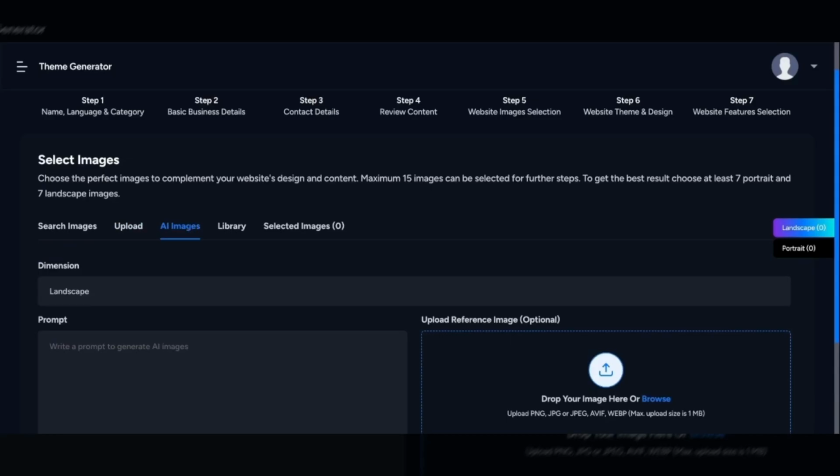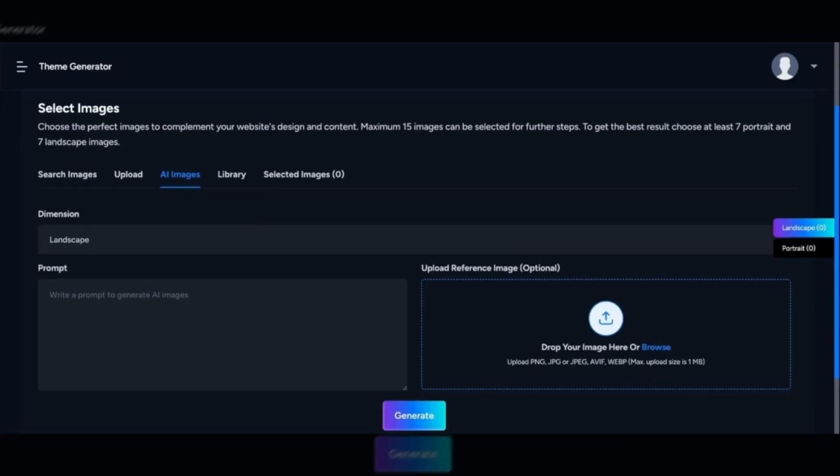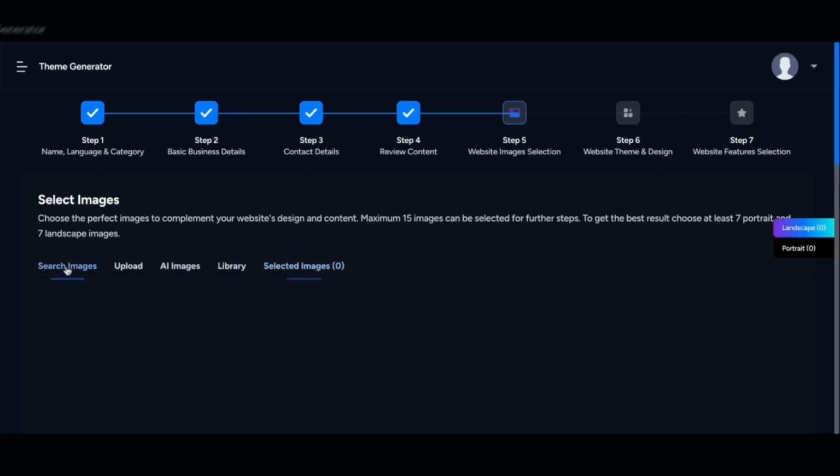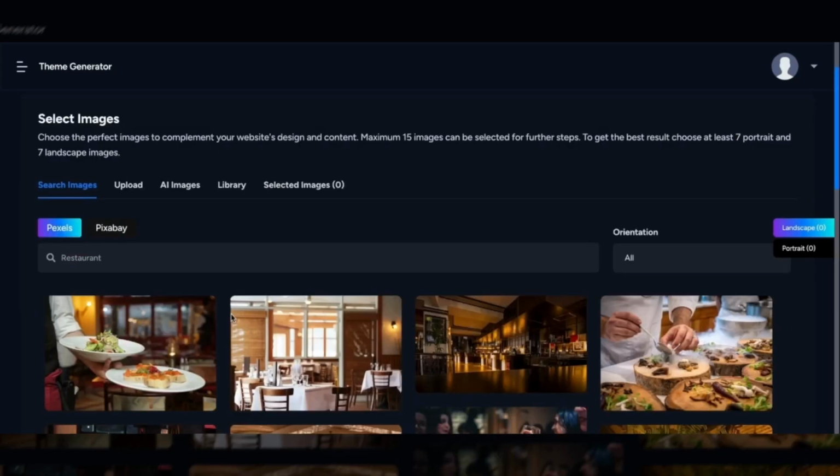Then we also have an option of image generation through AI. You have to select the dimension, enter the prompt for which type of image you want, and you can also upload any reference image, and based on that, AI will generate the image for you. Then if you already have images in the tool, you can select this library option, and at last this option will show the images that you have selected. So we will go with the Pexels images,